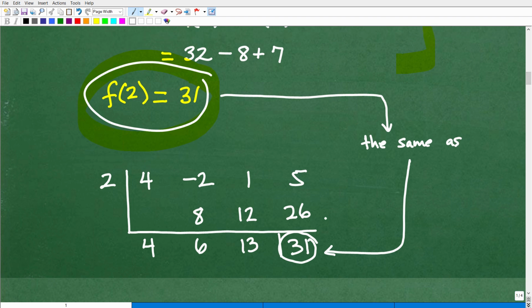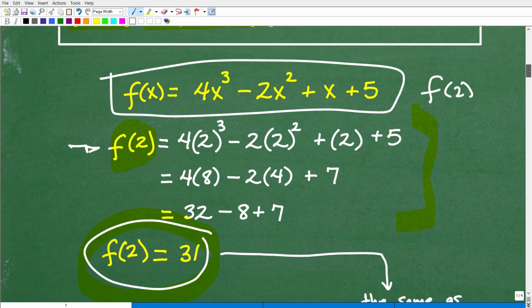So what are we looking at right here? Well, this is basically what we call synthetic division, okay? It is a shortcut to polynomial division. So let me just back up here before I go into this. If I have this